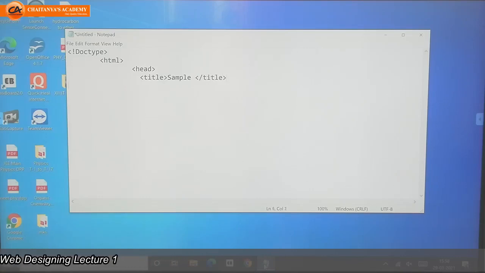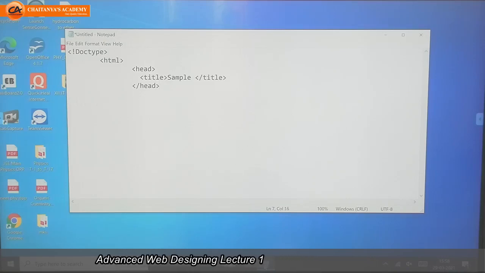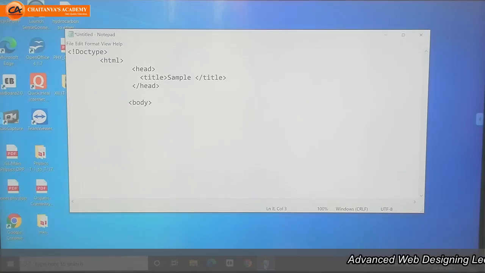After this, the end of the head tag. Next, the body tag. Whatever contents we want to display on web pages are included in this body tag.